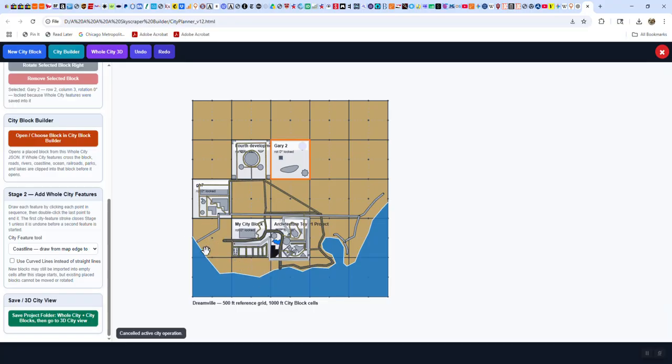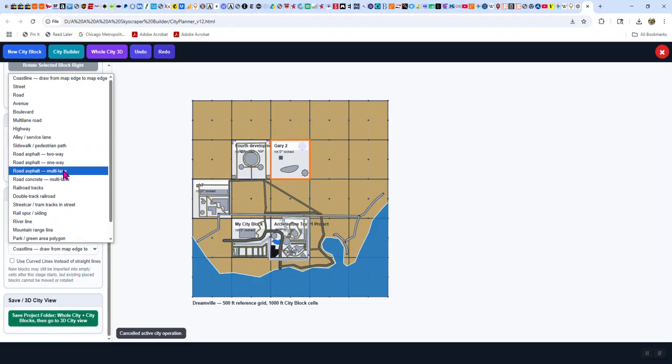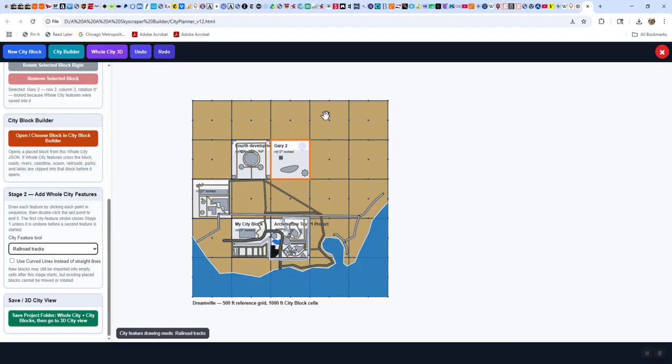And so it creates this coastline. I did dot to dot to give it a little bay. And then I could also add all this other stuff, because this is an overview of this combined city. Just to show you how it works, and here's an option, use curved lines, I could draw a railroad track.